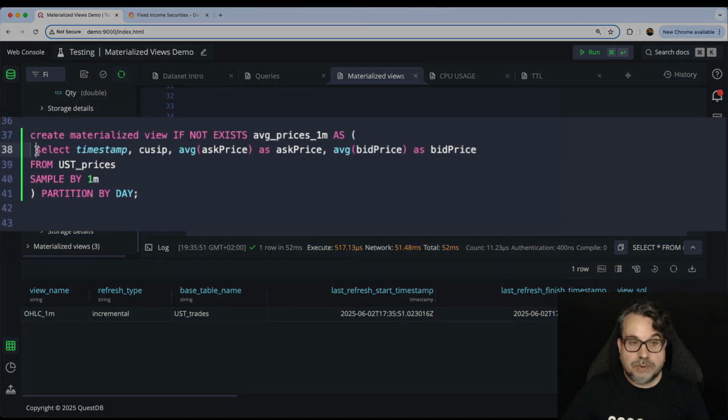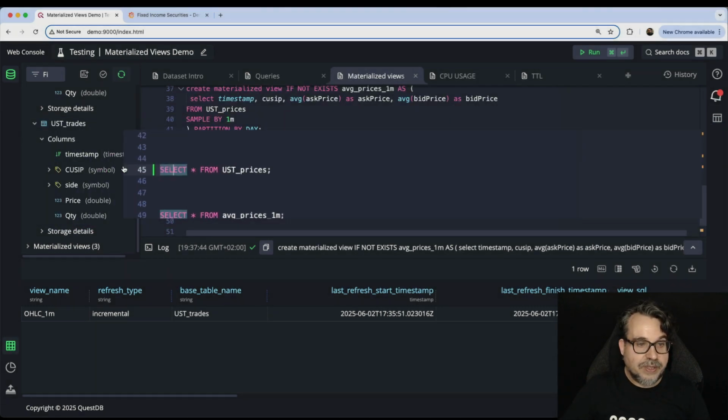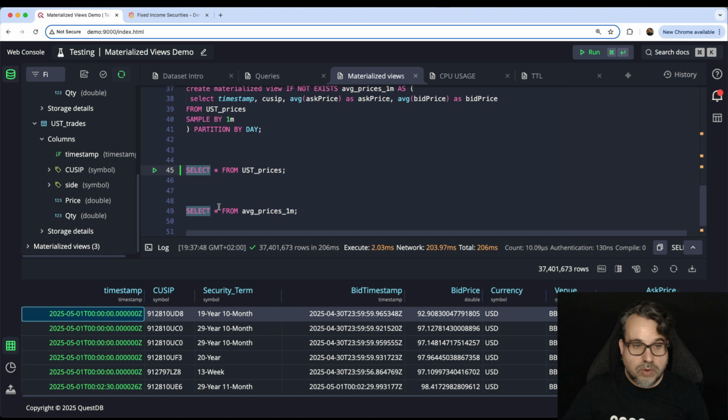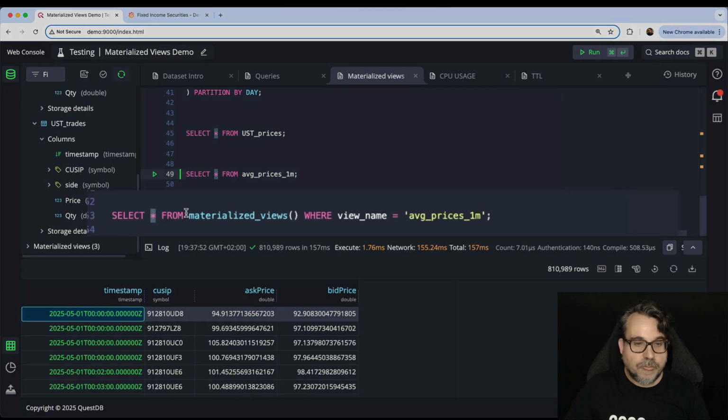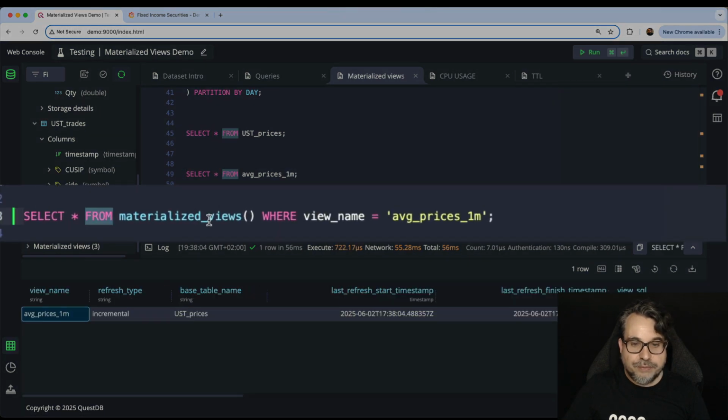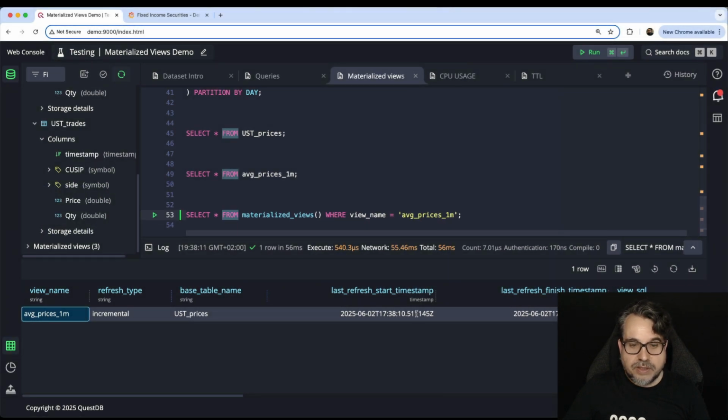I'm going to create a materialized view for my prices table. In my prices table, I'm just going to store the average price at 1 minute interval, so I can join the table later with the other one I have. And again, in the prices table, I have 37 million rows, and now I have under a million rows. So again, it's almost 40 times smaller. It should be way faster to query. And again, if I check this view, I can see that pretty much all the time the view is refreshing automatically.